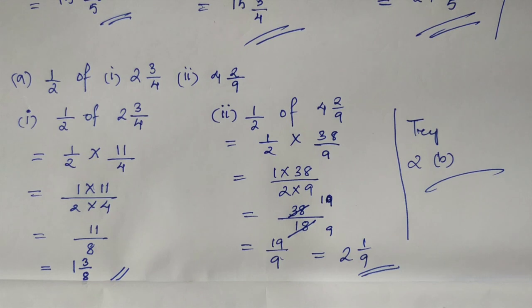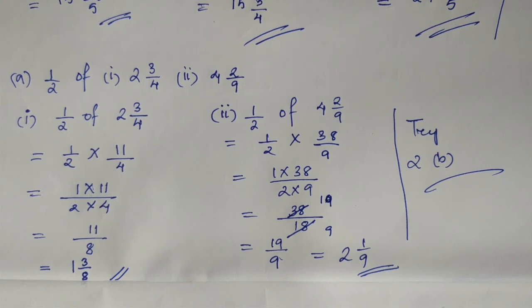Now, the last question of the chapter, exercise, that is question number 8. It is a problem sum. Let us get to the question and then we will try to solve the answer. Now, see here, the sum is given as Vidya and Pratap went for a picnic. Their mother gave them a water bottle that contained 5 liters of water. Okay, both of them went for a picnic and the bottle contained how many liters of water? It's 5 liters of water. Vidya consumed 2 by 5 of the water. Okay, 2/5 of the total water she consumed. Pratap consumed the remaining water.